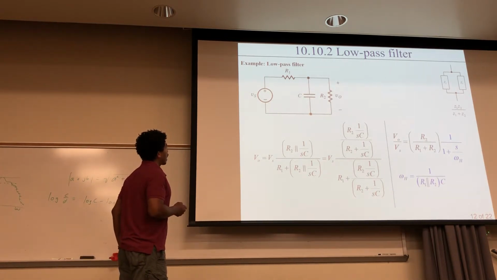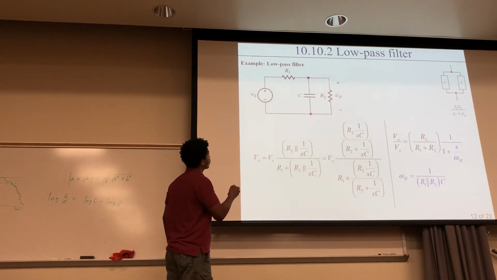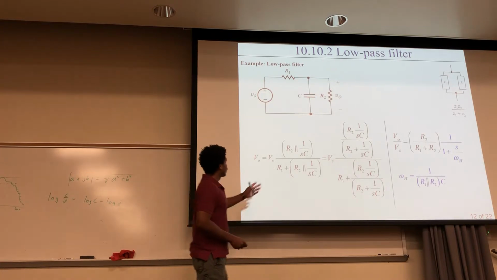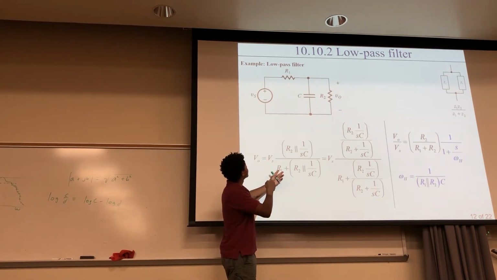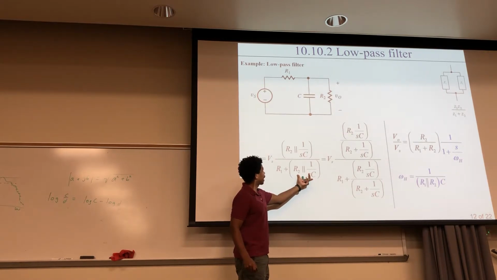So we're going to look at the gain here. So let's try to find out what this is, and that is, well, we already know what that is. Then we'll take the ratio of those. Okay, so this is like current division, the voltage division. So we can use that here. So combining these two together, that's like R2 at 1 over SC, the impedance of this, those two in parallel, right, divided by the sum of everything. So the impedance of that, and the impedance of this. So the impedance of that and the whole impedance of that, okay? And then